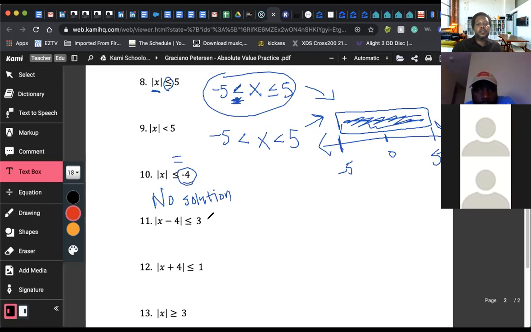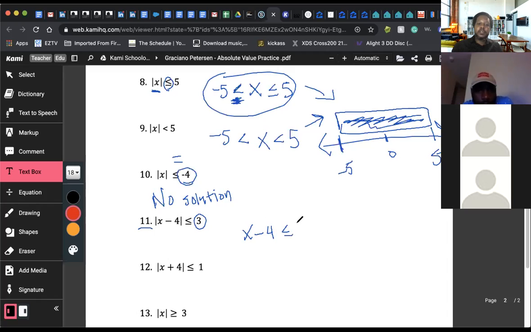Okay. So we're going to get our range for number 11 by solving like we would solve for an equal sign or an equation, right? We're going to solve this inequality just like we would do an equal sign. So we're going to pretend that there's an equal sign here, but then we're going to use this sign to give us our range. So our absolute value is already isolated and we have a positive answer. So we know that we need to do x minus 4